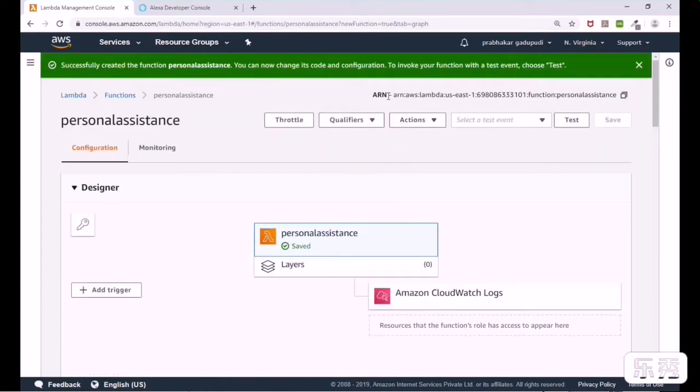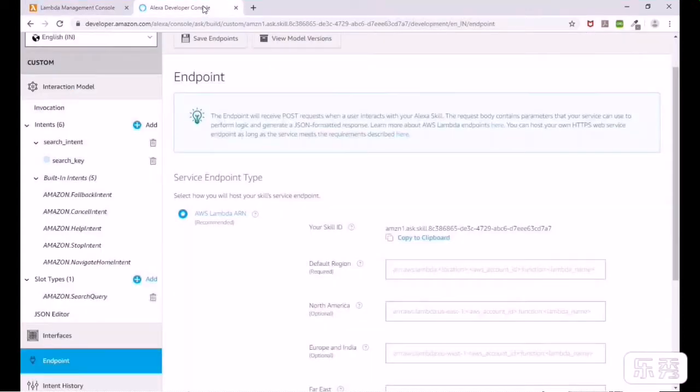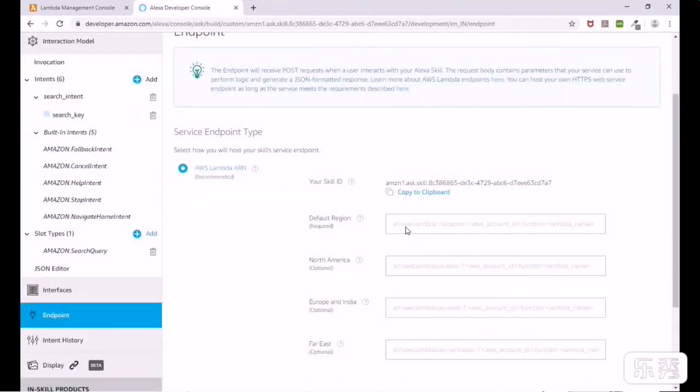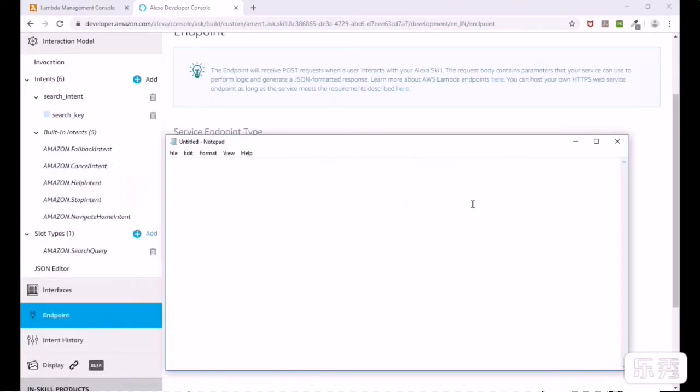After saving this, I can find the ARN number. For integration purposes, in the AWS Lambda function I have to specify the ARN here, and I have to integrate my skill with my Lambda function. That is bidirectional, I think. So I will tell you how this integration will happen. The first one is what we have done: we have created the Alexa skill. Next, we created a Lambda function. Then after that, for the integration purpose,